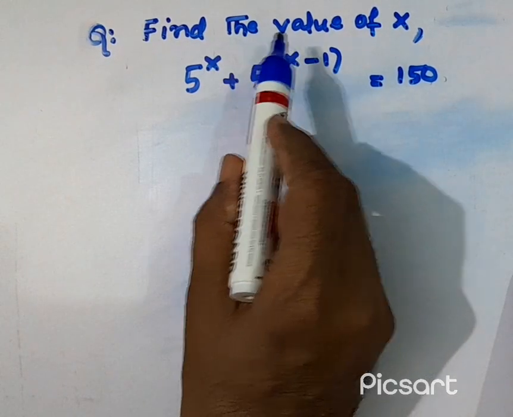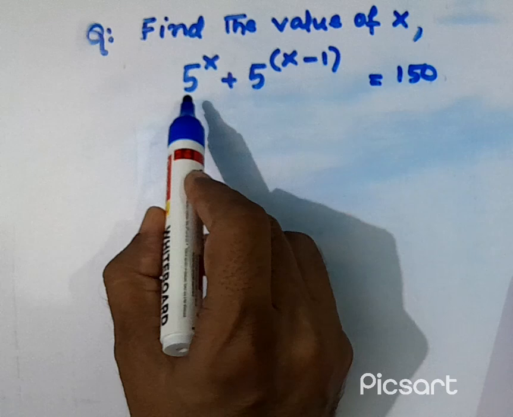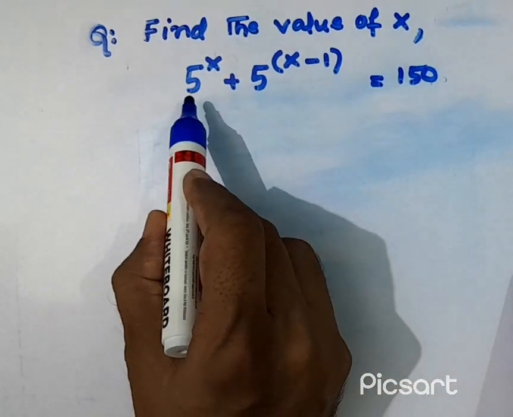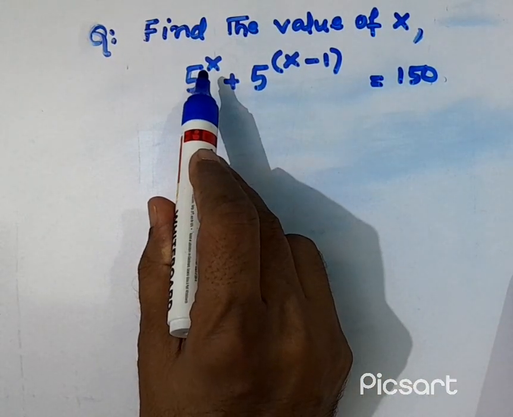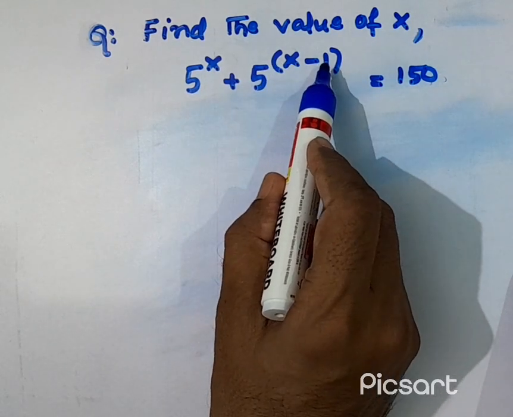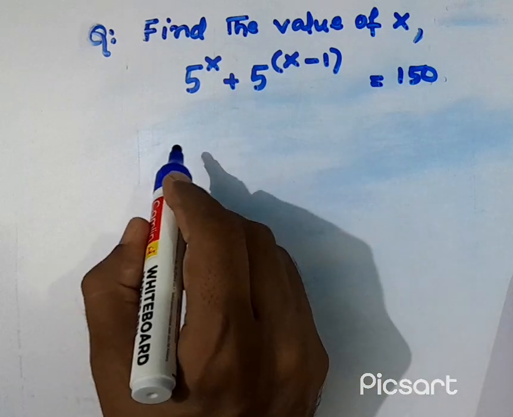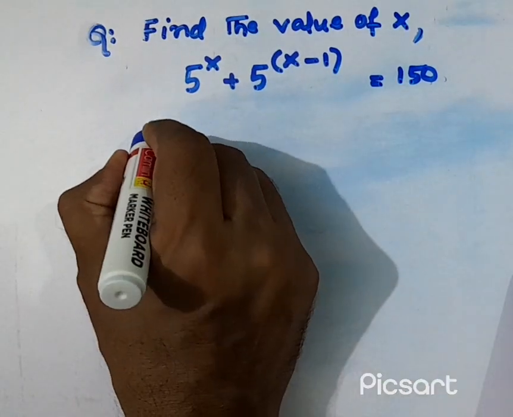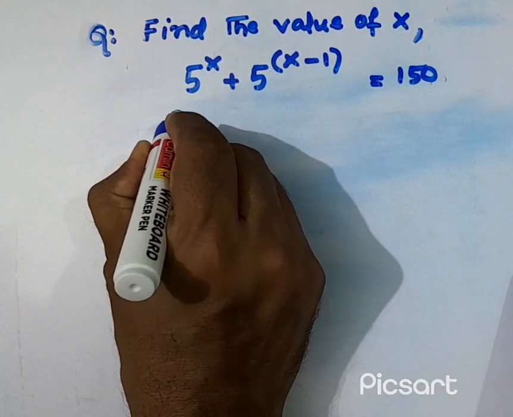Here we have to find the value of x from the given equation. Here it is given 5 to the power x plus 5 to the power x minus 1 is equal to 150. This we can write as 5^x